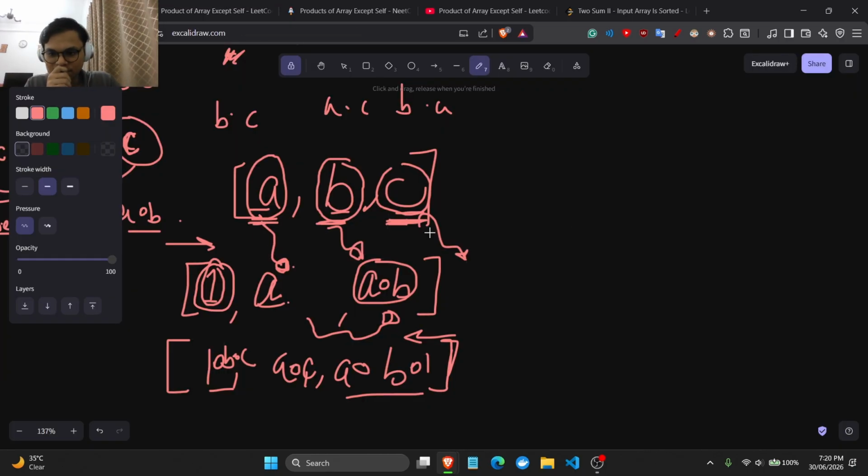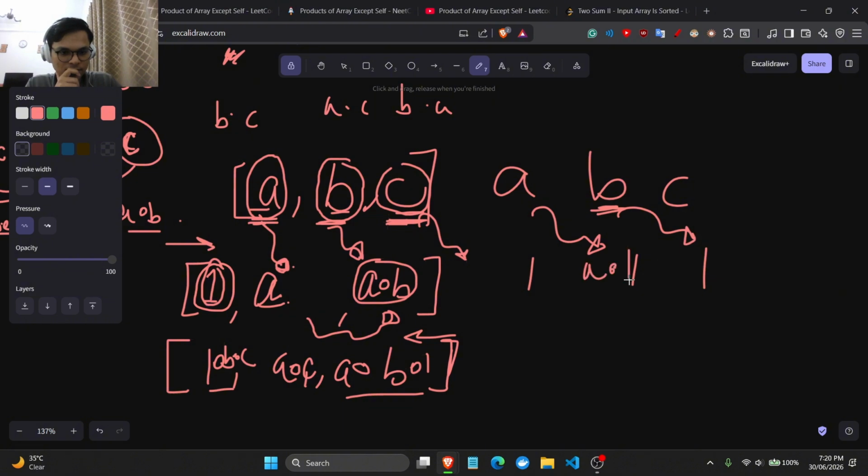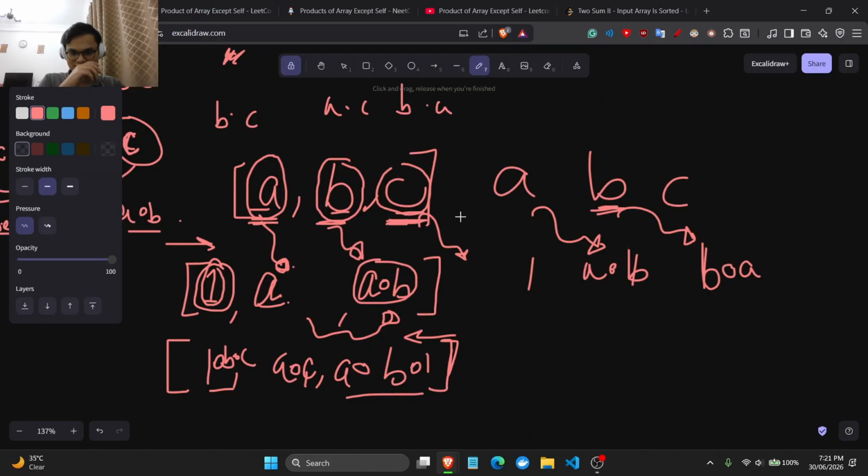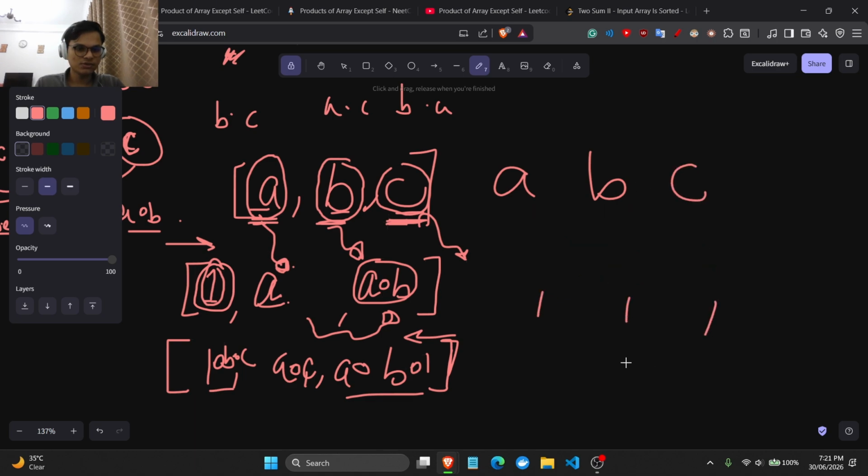Right? Because this will be a, b, c, 1 1 1, a into b, and this will be, I mean, to be honest, this could be something like nums into nums except i, because that makes sense, because nums i is over here at i, and if we do 1 1 1, this is 1. So a 0 1 2,